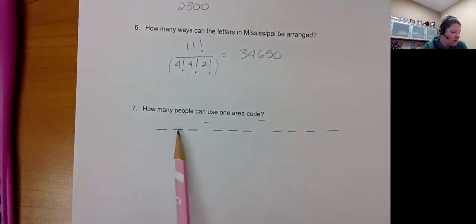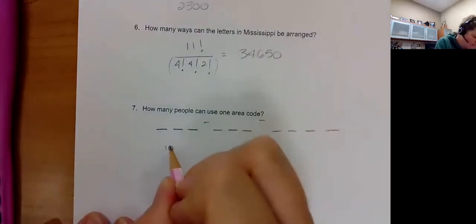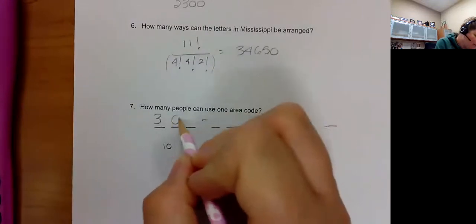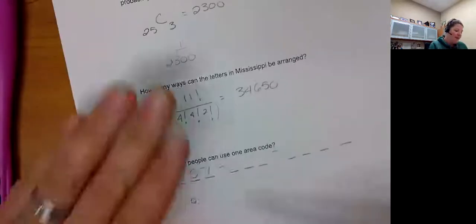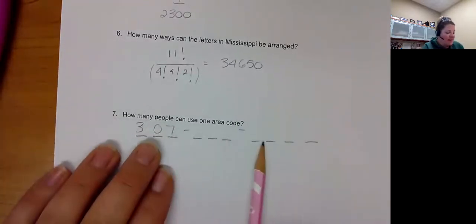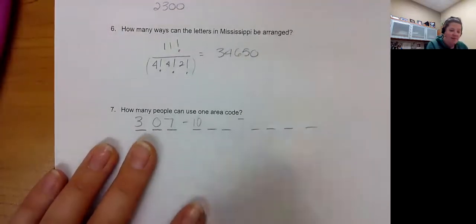There would be, in a phone number, excuse me, 1, 2, 3, 4, 5, 6, 7, 8, 9, 10. So there's 10 numbers. And how many ways can you pick each one? Well, think of just 307. Well, I wrote down 10, but if I want a specific area code, see how these numbers could each change? How many options do you have for this first one? 10,